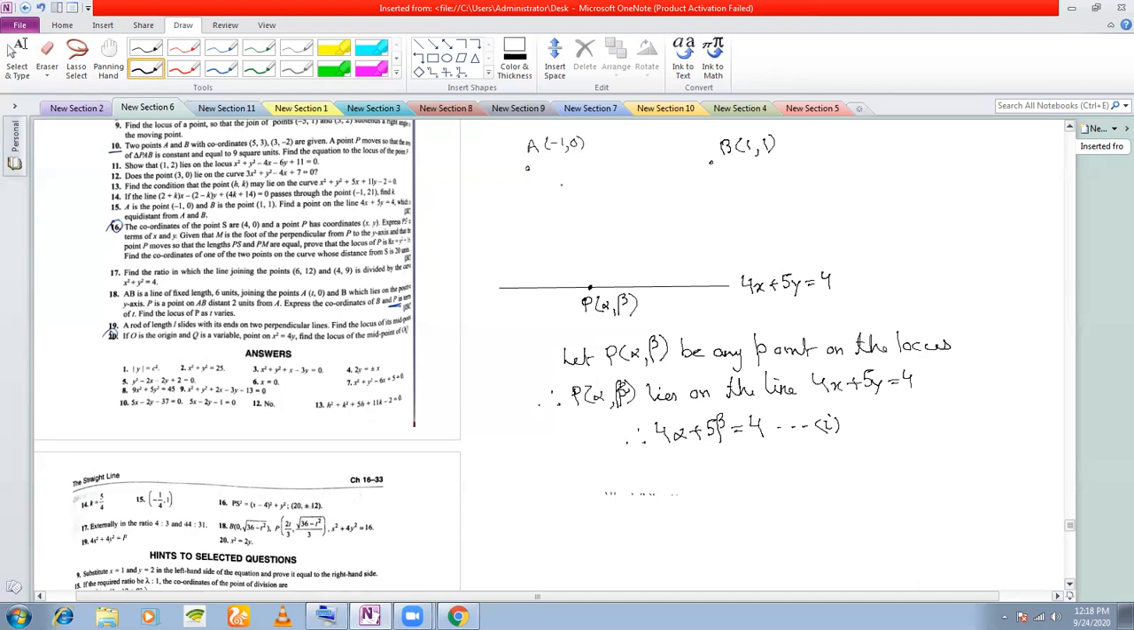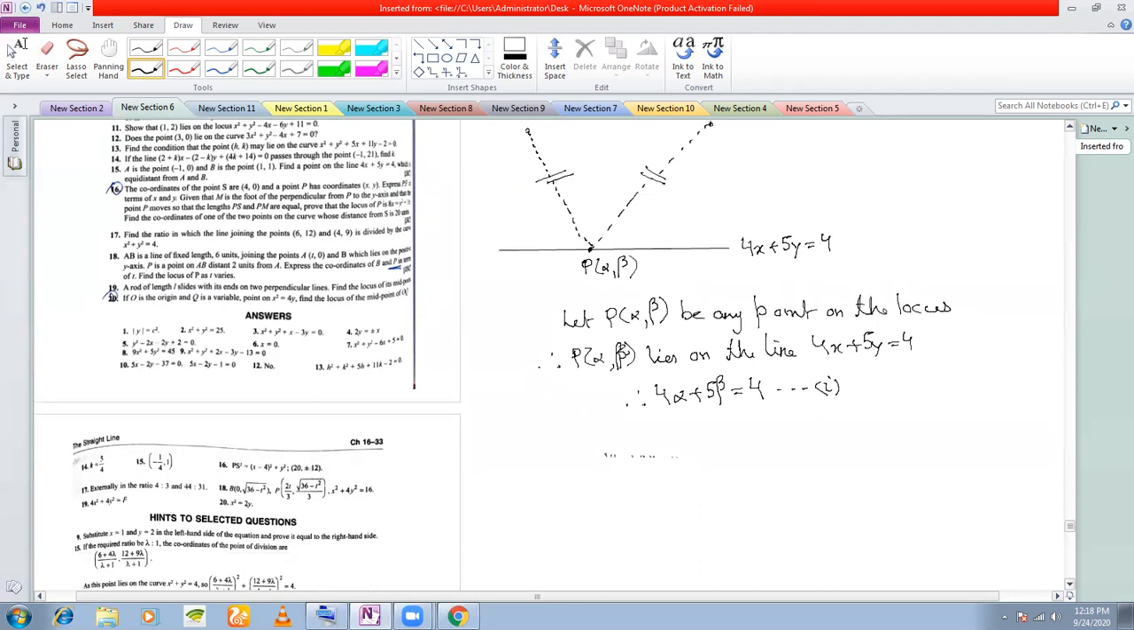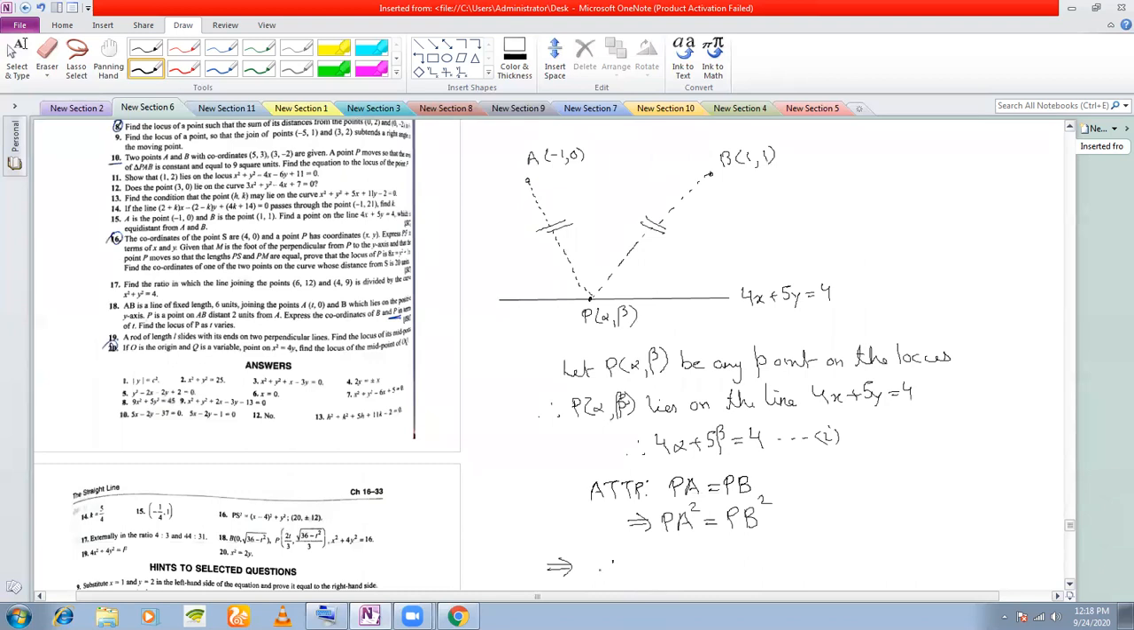Another condition here is that PA must be equal to PB. According to the problem, PA is equal to PB. So that means PA square must be equal to PB square. I am writing PA square because I don't want to write the radical. And PA square is, what are the coordinates here? Alpha plus 1 whole square